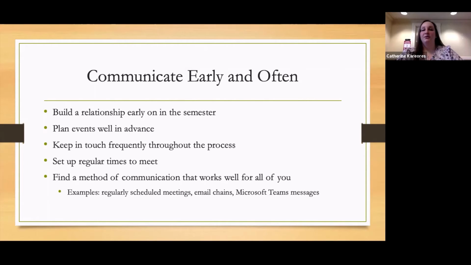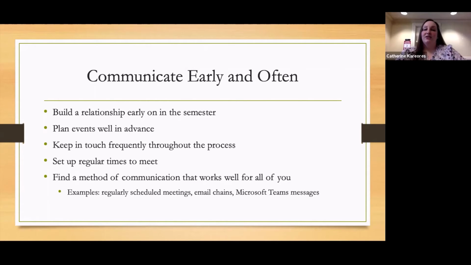So if you say you're working on the purchasing elements for it and you're able to get all the paperwork through and actually do the purchasing, keep them in the loop just so that they know, yep, planning's going well, we're on track. And then when they have updates, they'll be more likely to do the same. So you know that you're going to be ready to go when the time for the event rolls around.